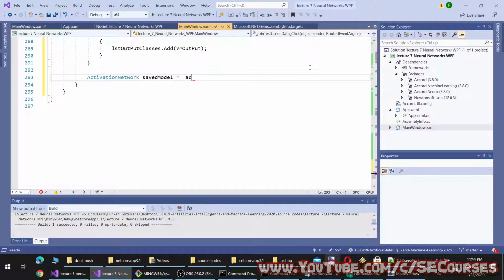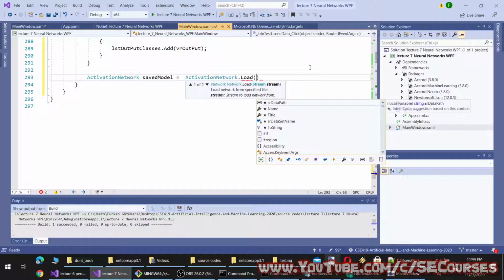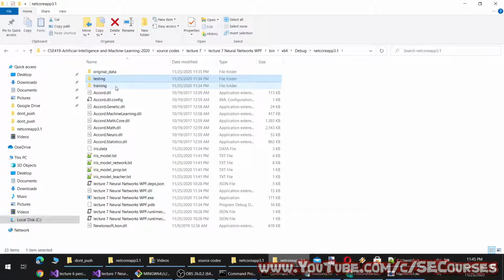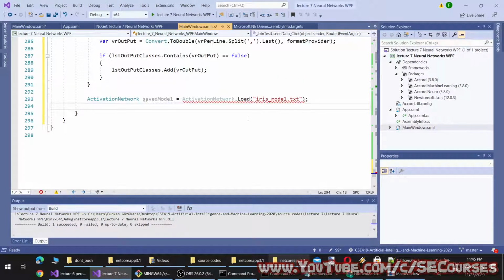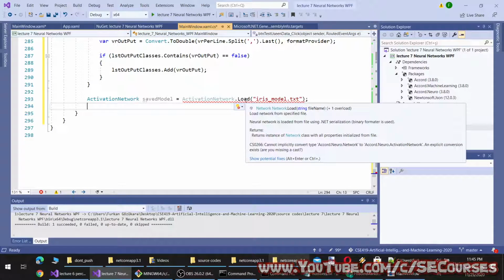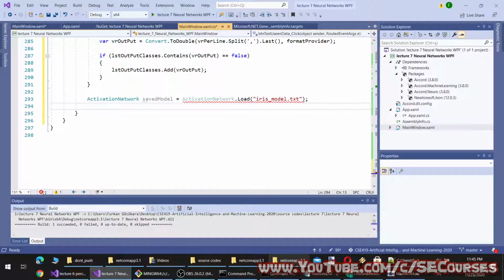Okay, there is load, as I guessed. It takes stream or file name. Nice. Okay, so our model was this. I'm loading it. It returns a network. Returns instance of a network class with all properties initialized from, and we are getting an error.